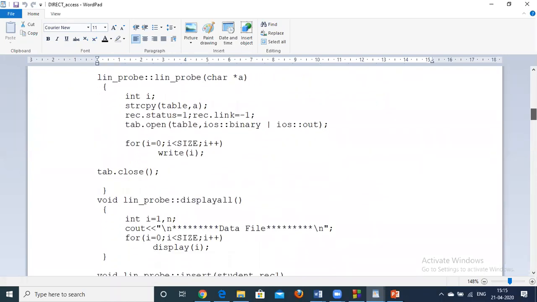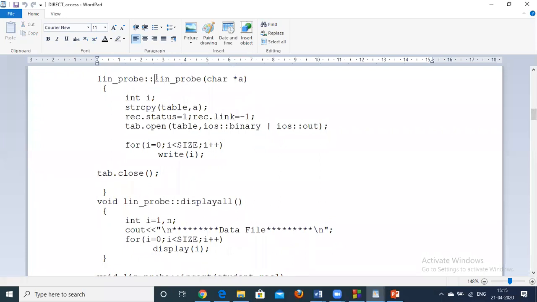Now, this linear probe, which is the constructor, in this constructor what we are doing is setting the status of every record as 1, that is empty, and the link, that is the chain, for every record is -1.